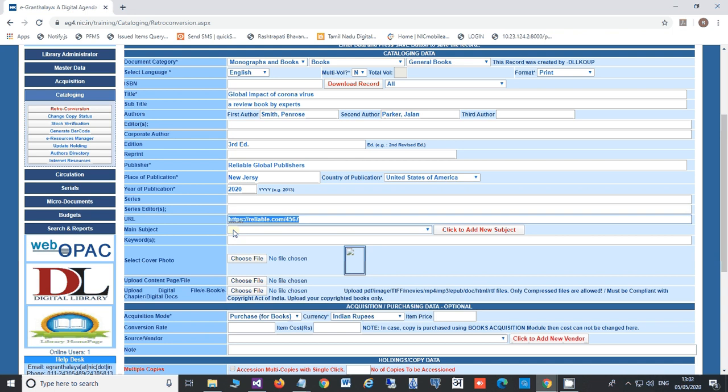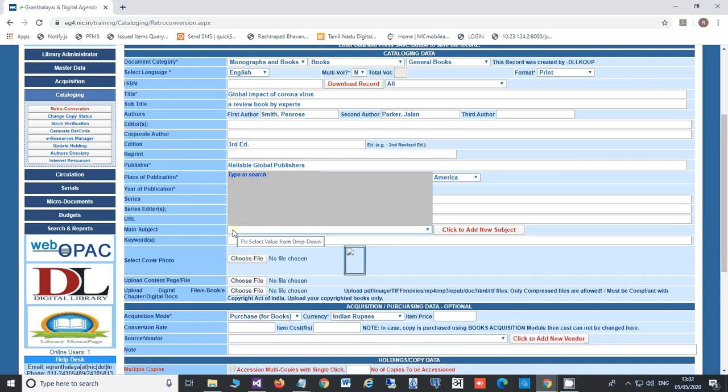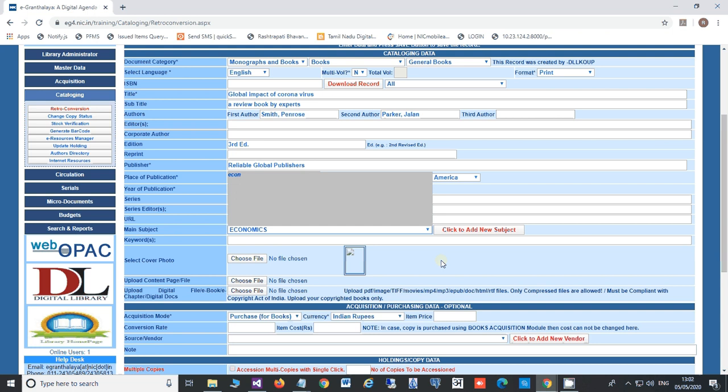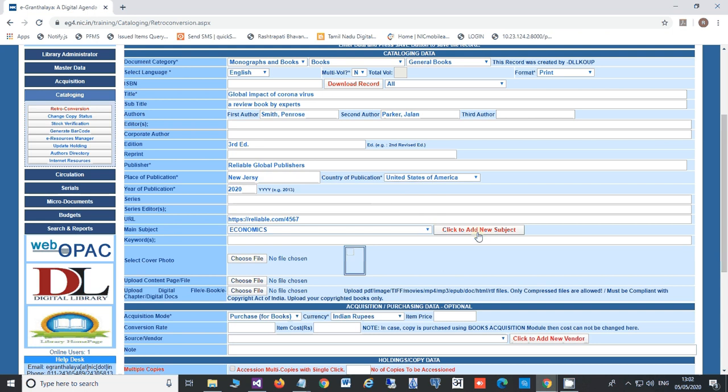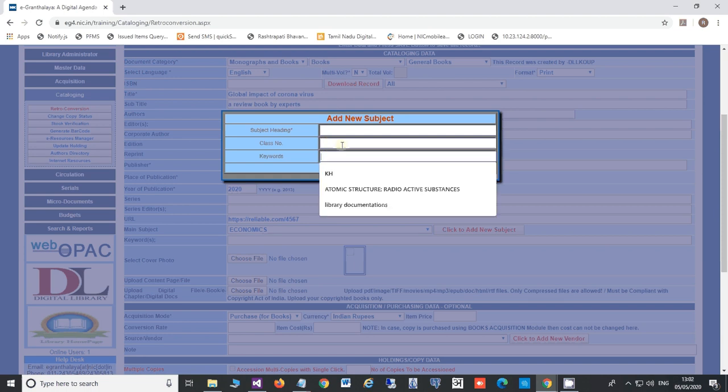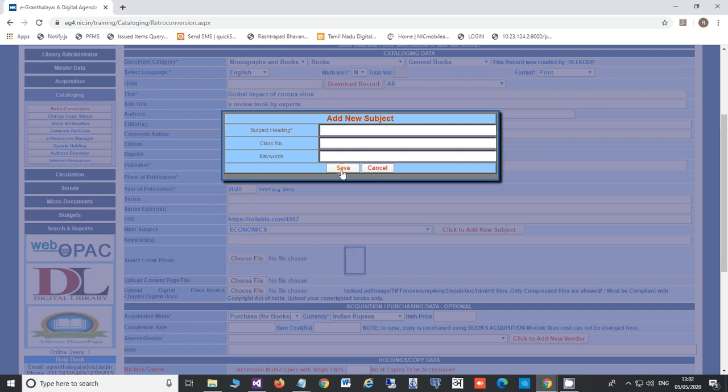Then select the subject name. If the subject name is not there, then you can add a new subject by clicking this button, add new subject, and the related class number, which is optional, and keywords, which is optional, and then save it.